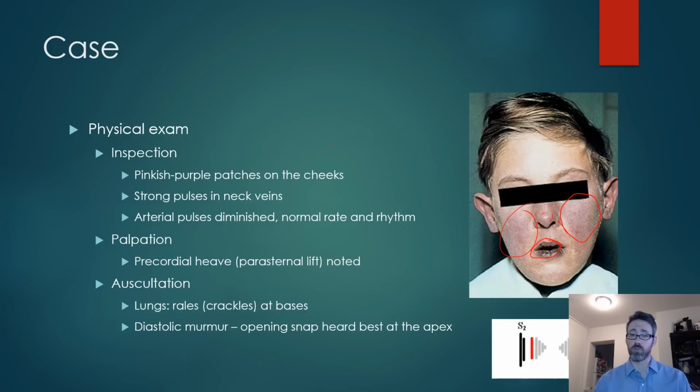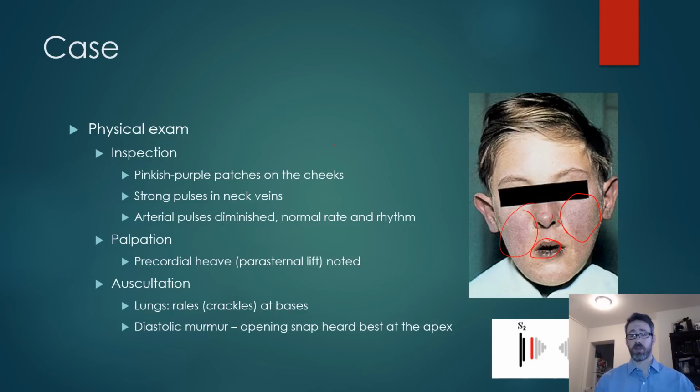His arterial pulses were diminished, but a normal rate and rhythm were noted. On palpation, he had a precordial heave, okay? A parasternal lift was noted, so you can feel a little bit of lift. On auscultation of the lungs, there were rales, so there was some crackling at the bases, and there was a diastolic